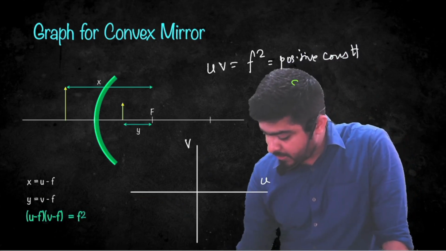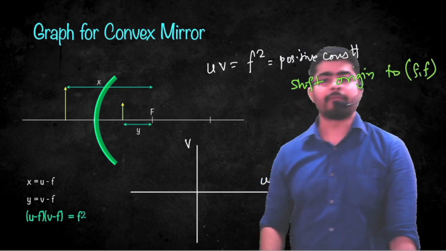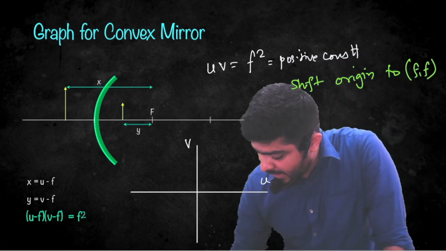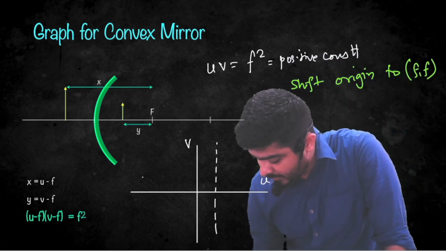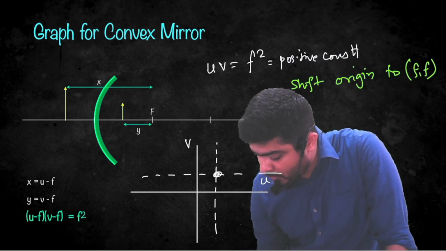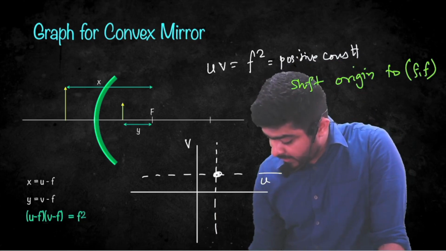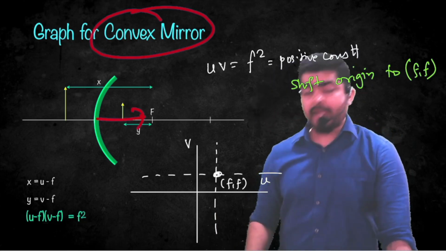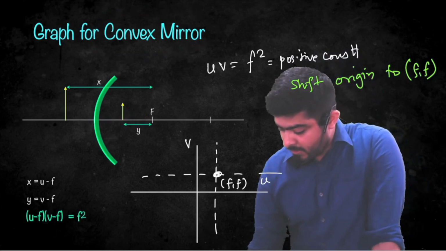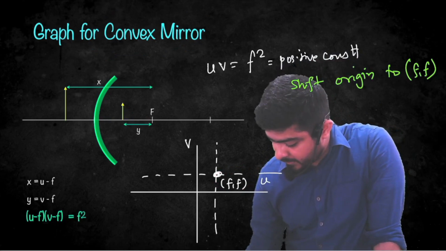Now shift origin to f comma f. In that case I need to draw the axis again over here. Why at this point? Because this point f comma f will have positive coordinates. Okay, for convex mirror f is positive. So f comma f is in the first quadrant, and again when I draw the graph it would look something